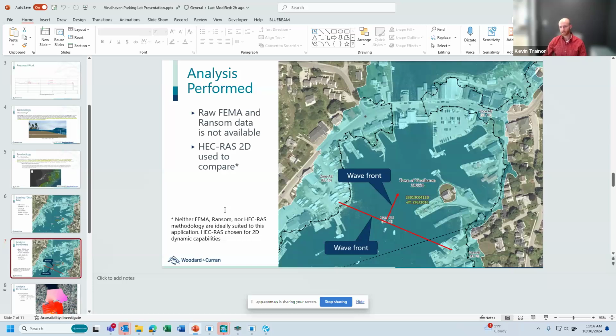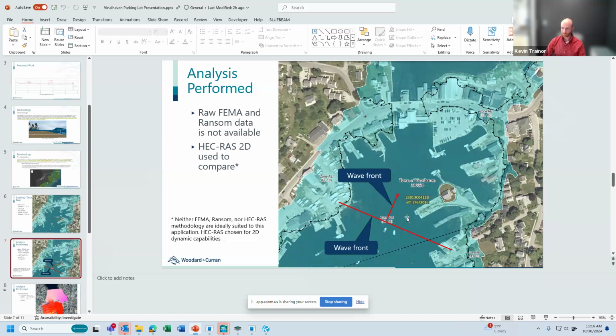So we chose HEC-RAS 2D for this because it is a 2D model, so we can see in space what's happening. We can also apply a pretty fine resolution to it. So the FEMA transect analysis doesn't really take into account anything. It's only a one-dimensional analysis. It only really applies to exactly where the line is drawn. And then the